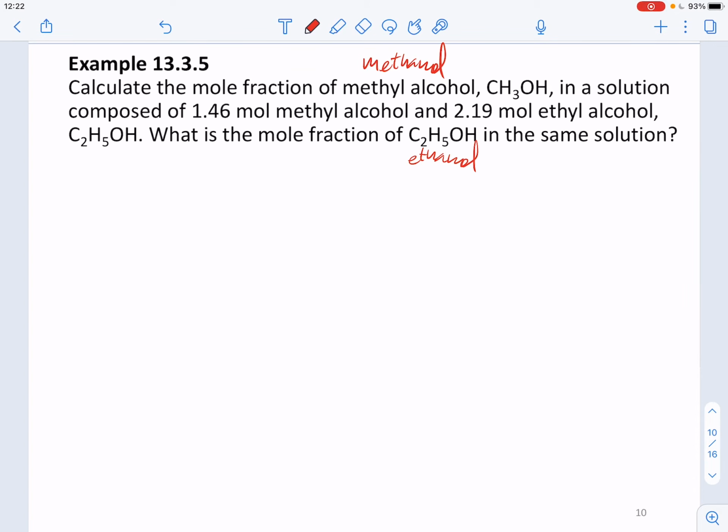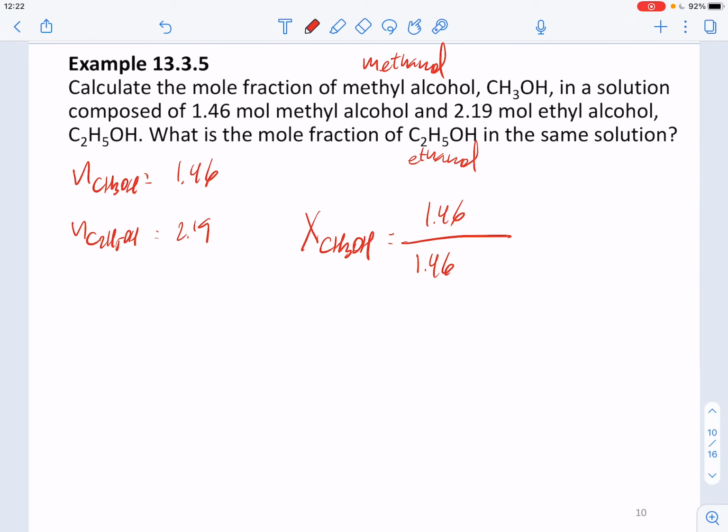Well, we have the number of moles of methanol, which is 146, and the number of moles of ethanol, which is 219. So the mole fraction of methanol is going to be equal to 146 divided by 146 plus 219, and this is equal to